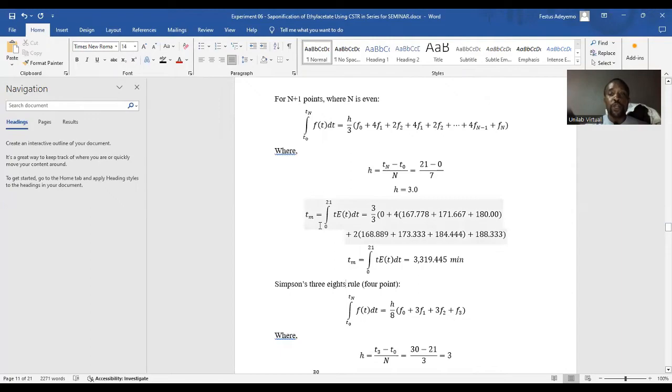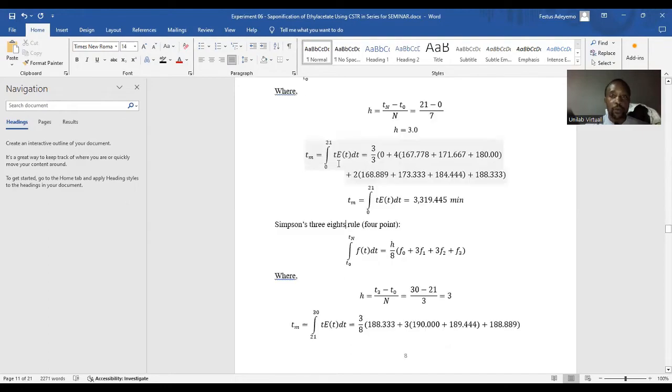So if you go back to the expression, if you go back to the table that we used to obtain T, E of t dt, we can number them from f of 0